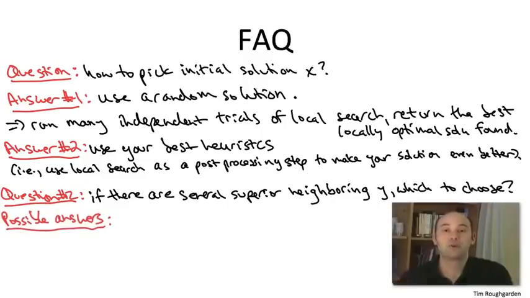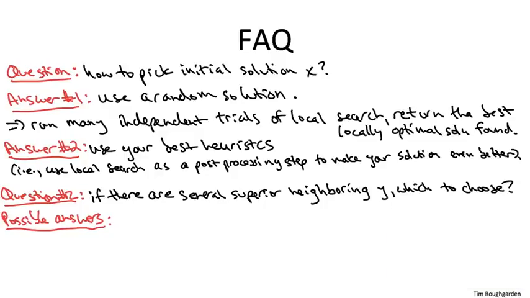Well, this is a tricky question, and the existing theory does not give us a clear-cut answer. Indeed, it seems like the right answer is highly domain-dependent. Answering this question is probably going to require some serious experimentation on your part with the data that you're interested in. One general point I can make is that, recall, when you're using local search to generate from scratch an